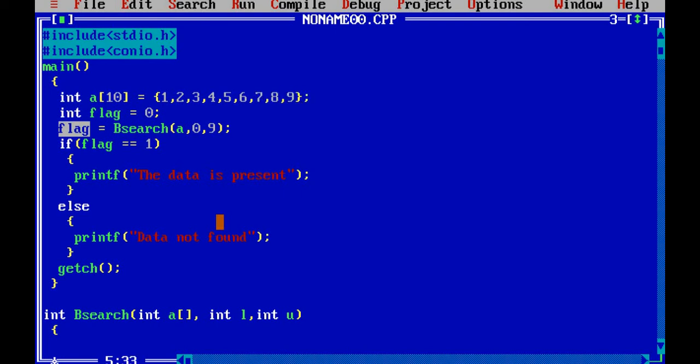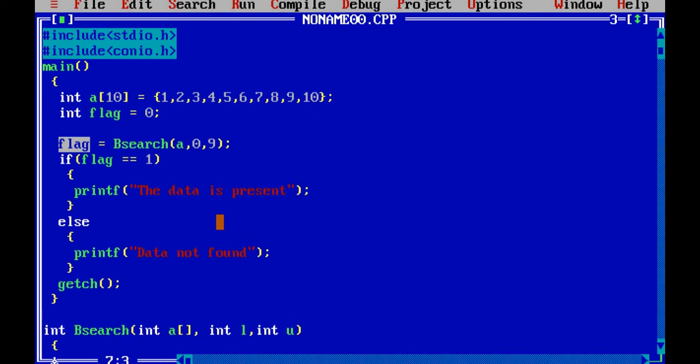7, 8, 9. Sir, what are we searching? Like there is no element to search. We're not passing any element. That I will do one by one. I forgot that. So these are the data, and suppose you are trying, I have to find out here. I have to printf, sorry, enter data to search.